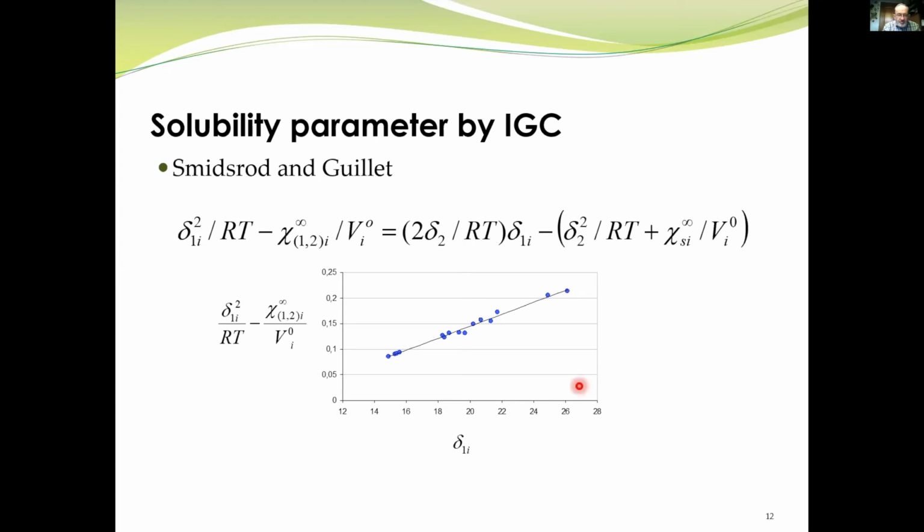And from a very simple relation, you have here an equation describing a straight line, and from the slope of the straight line, it is possible to calculate the solubility parameter of the examined material, the polymer. It works quite well for high molecular weight polymers, but for the smaller particles, there are